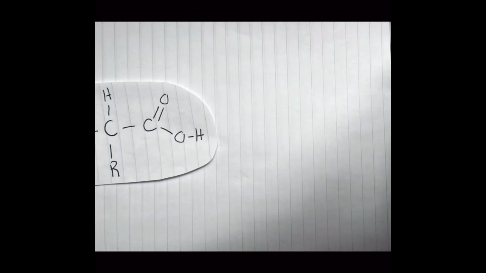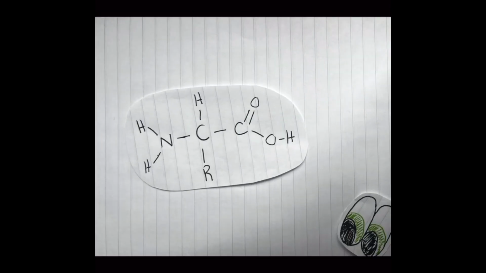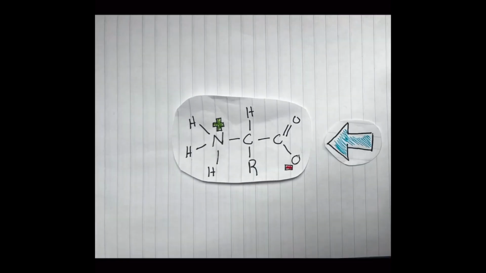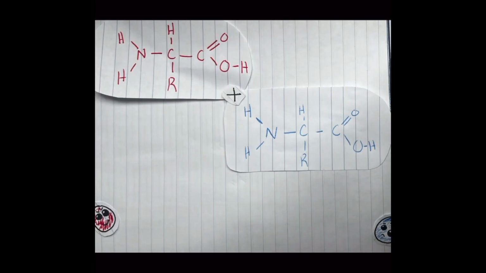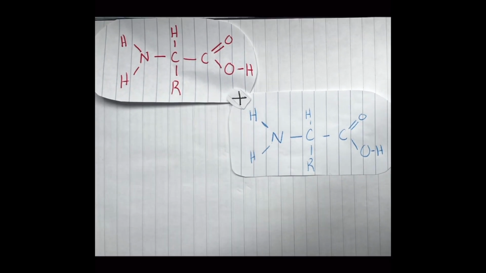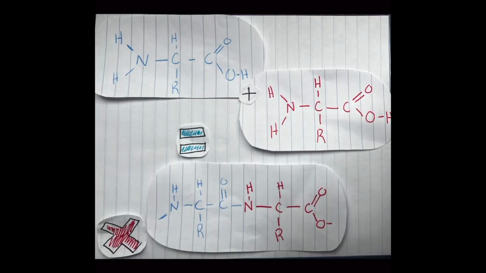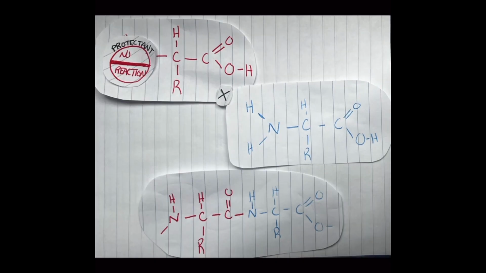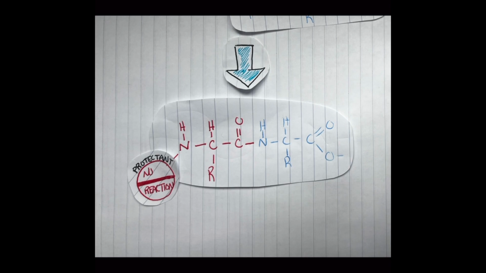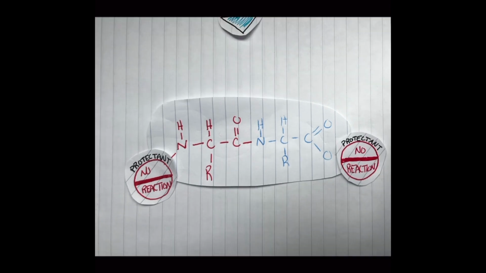Since the body's pH is around 7, amino acids do not exist as seen. Instead, the amine is protonated and the carboxyl is deprotonated. If the amino acids attempted to link together, an acid-base reaction would occur. Therefore, in order for amino acids to bond together, there are special tools needed. In order to have the acids bond in the intended order, there must be a protectant on the amine and oxygen that are not intended to bond. Then you need a coupling agent to create a bond and overcome the acid-base reaction on the designated areas.